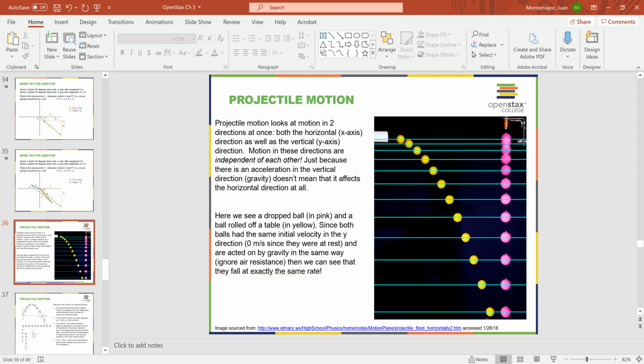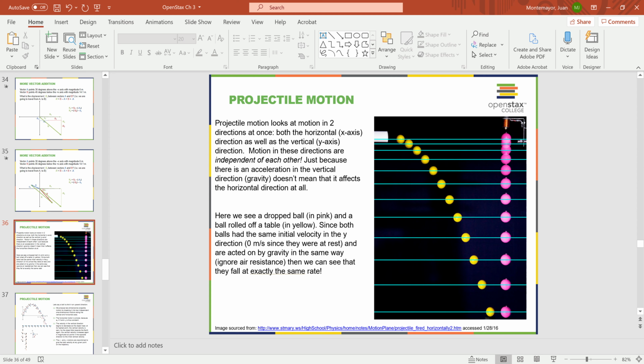But for projectile motion, it looks in two directions at once, both in the horizontal direction as well as in the vertical direction. Motion in these directions are independent of each other. Just because there is an acceleration in the vertical direction, because there is gravity, doesn't mean it affects the horizontal direction at all. Here we see a ball dropped, in the pink, and a ball rolled off a table in the yellow. Since both balls have the exact same initial velocity in the y, 0 meters per second, because they were both at rest,